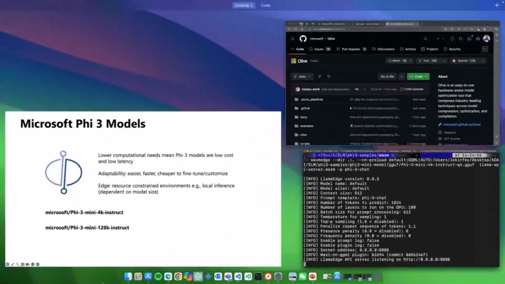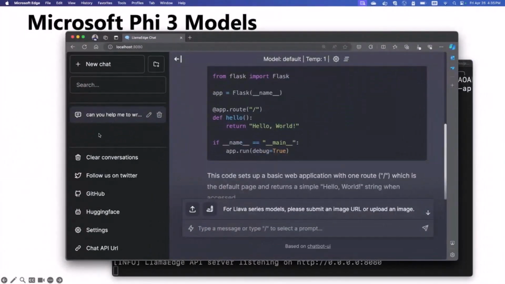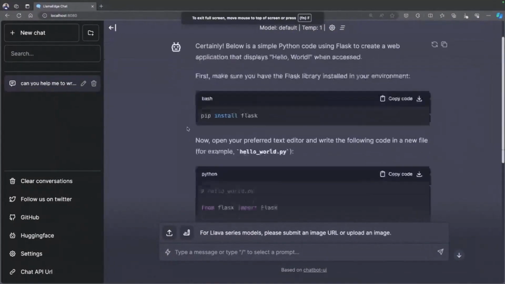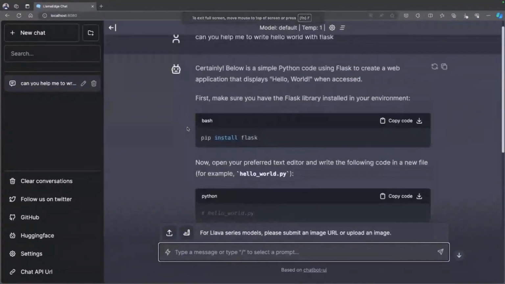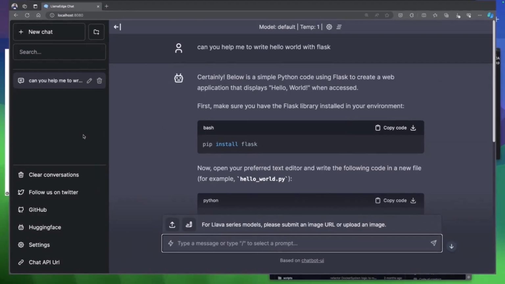And I will open the website. You can see the website. This is the LlamaEdge website to talk about this. You can see it's very easy to call. If you deploy LlamaEdge on Jetson devices, it can run very easily. Maybe we can talk about more later. And let's go back to the